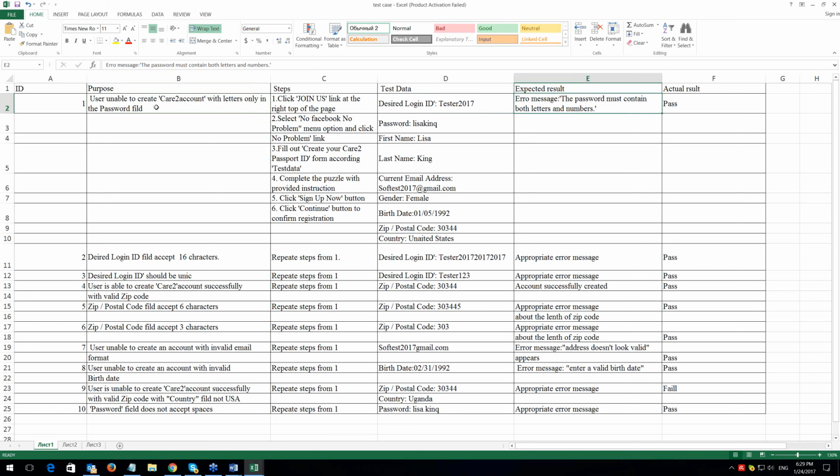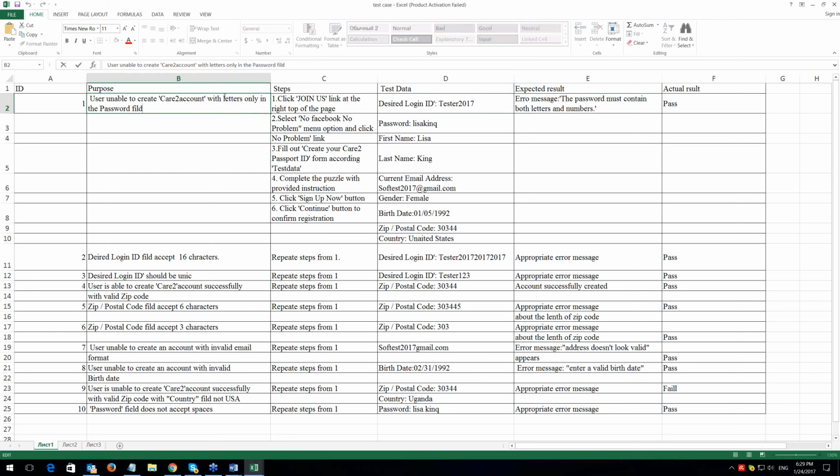Okay, so here again I will write something that I am used to. I never insist that you must do exactly how I show you, but when somebody else is going to use your test cases, of course it's very important that they can read it and use it, and this is kind of advice. Verify that Car2 account cannot be created with the password that contains letters only.